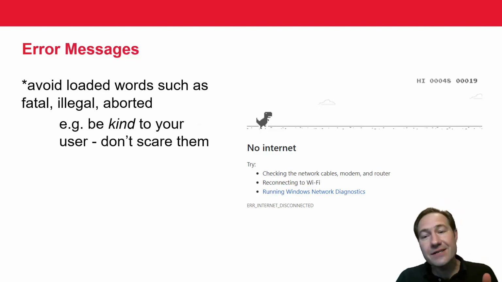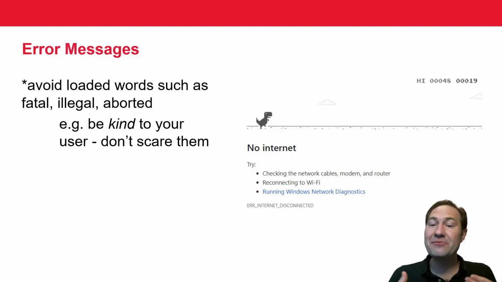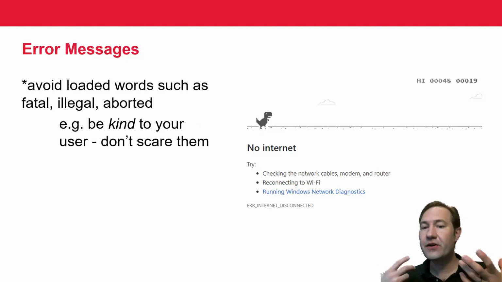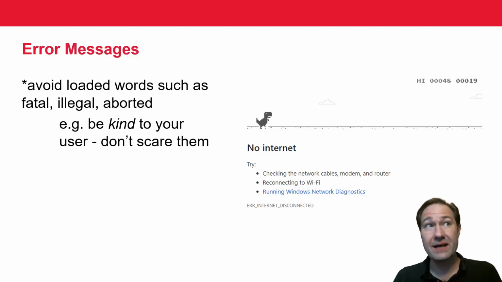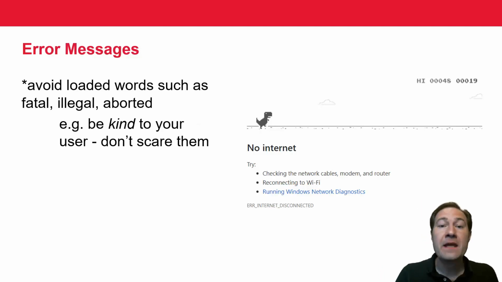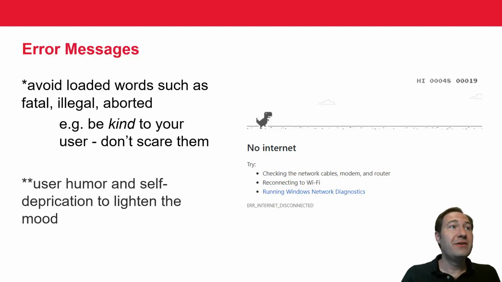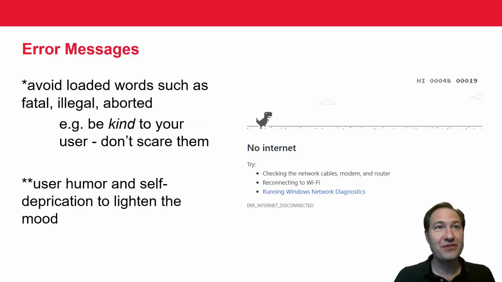So be kind to your user. They have feelings while they're doing this thing. And again, if they're making all these fatal errors, they're going to feel stupid and not capable of doing this, and they're going to stop using your UI. So be kind. A really good approach that I love is to use humor and self-deprecation,